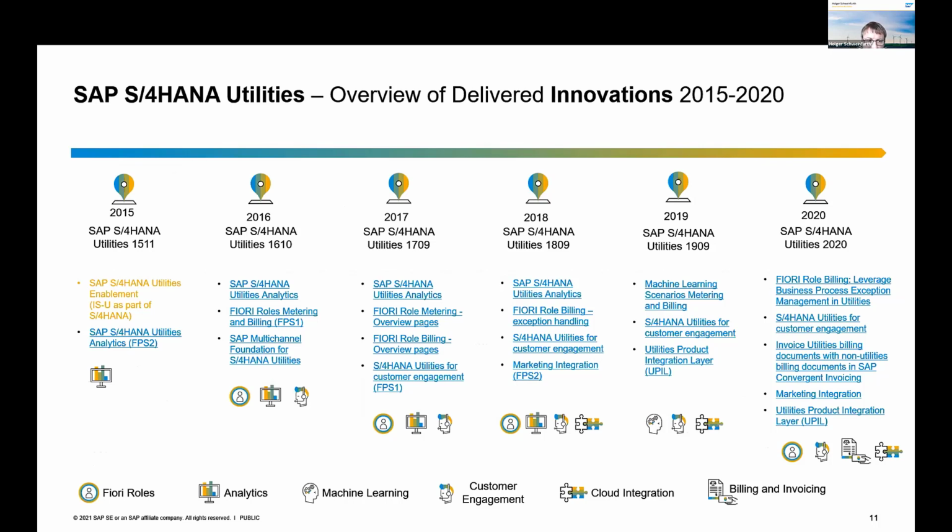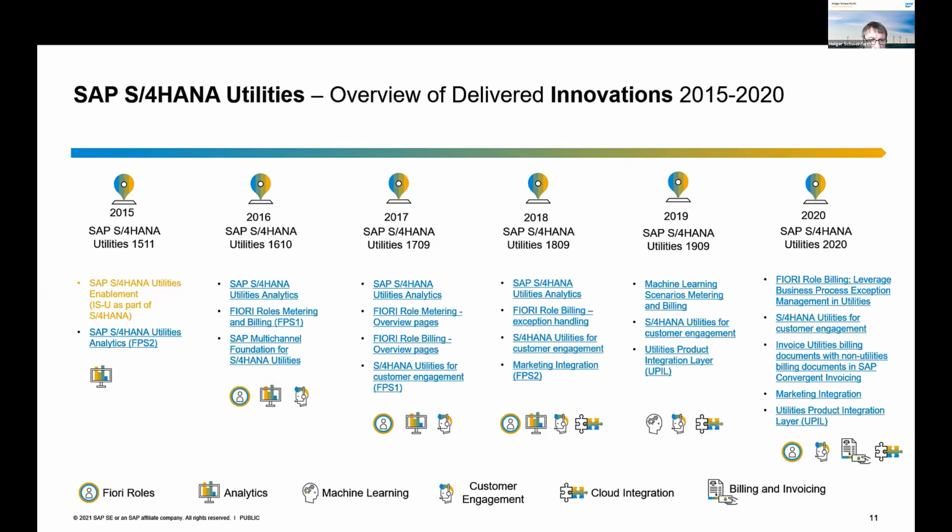As said, with S/4HANA utilities being the flagship in the intelligence suite, you can see numerous examples that I have also mentioned in the previous slide already, but it's just a breakdown of the different releases that we have shipped to the market, already starting back 6 years or 5.5 years ago, November 2015,